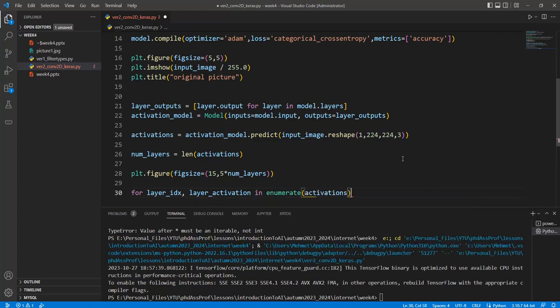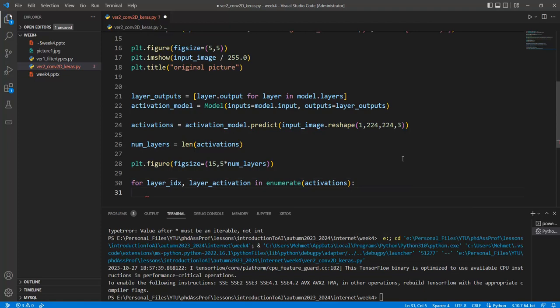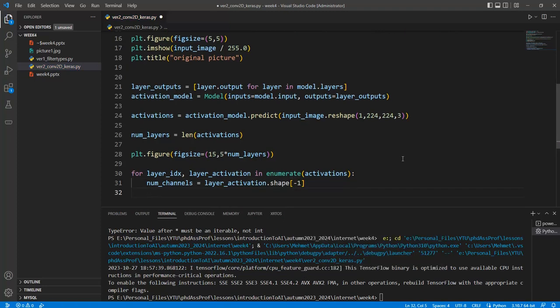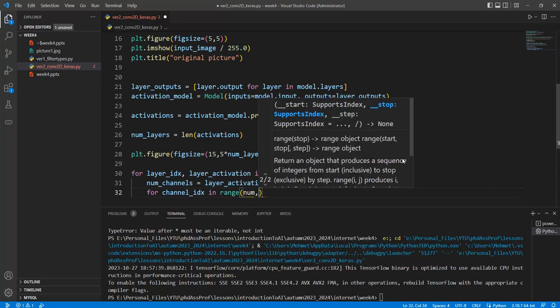All the features are assigned to the layer_idx and layer_activation like this one, and num_channels can be defined in here, layer_activation.shape[-1], where -1 is the default value, or the depth in here. For channel_idx in range(num_channels),